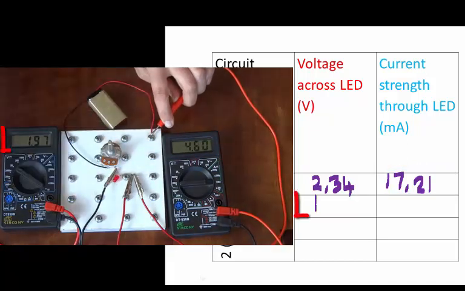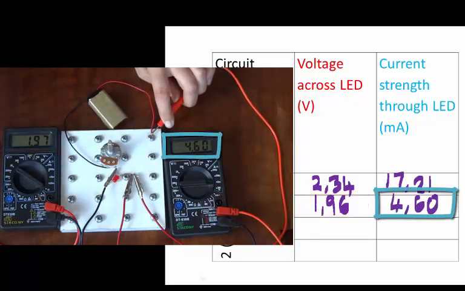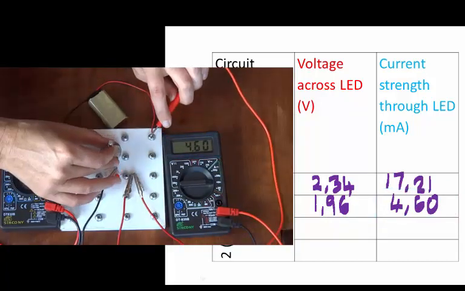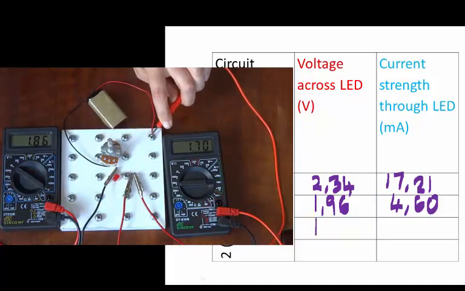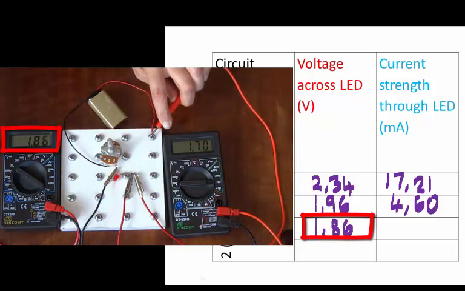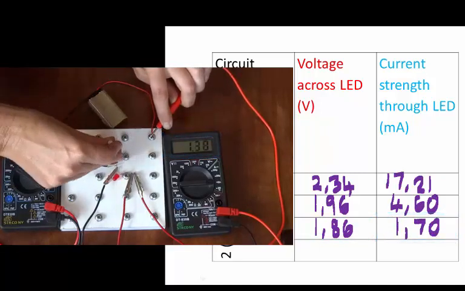Now our potential difference is 1,96 volts and the current strength 4,60 milliamperes. Let's move the dial a bit more. And now we have a voltage of 1,86 across the LED and the current strength through the LED 1,70 milliamperes. We take our last reading and we get